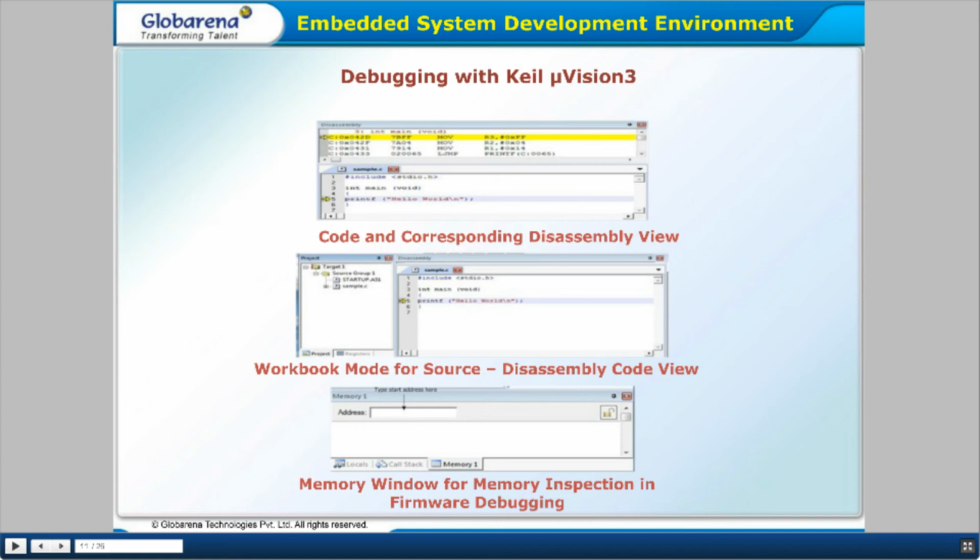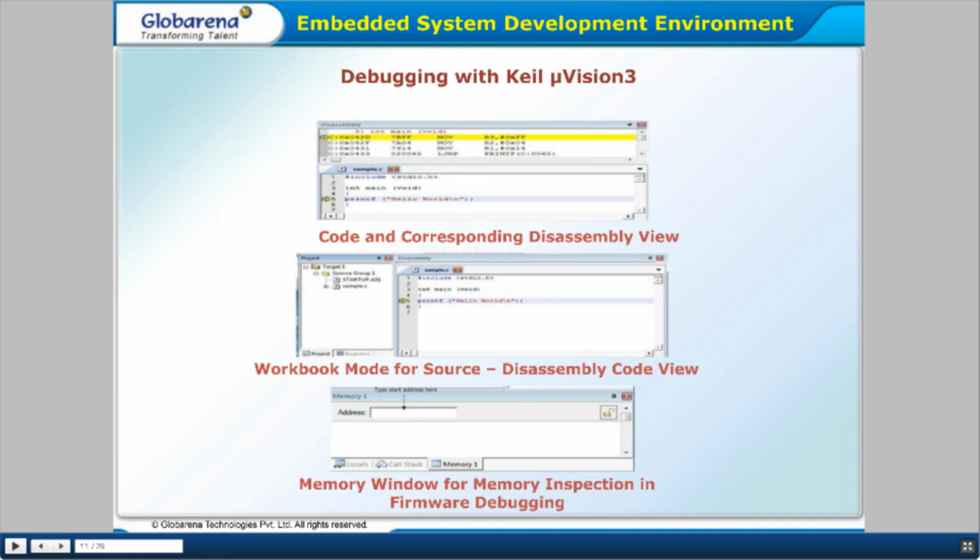We assemble the program into the assembler, and if you want to disassemble any program, this can be done by using the disassembly view. If you want to disassemble any code or target process, the disassembler can be used, and the assembler programs are used in the workbook, and the memories are stored in different address menus.